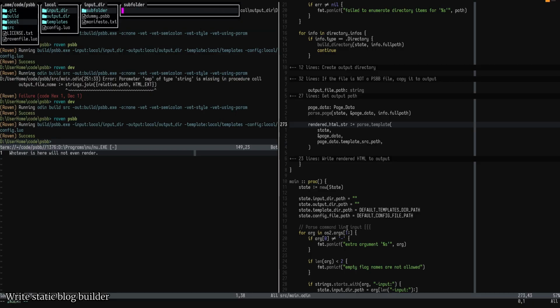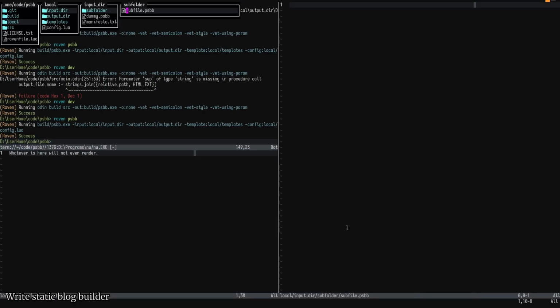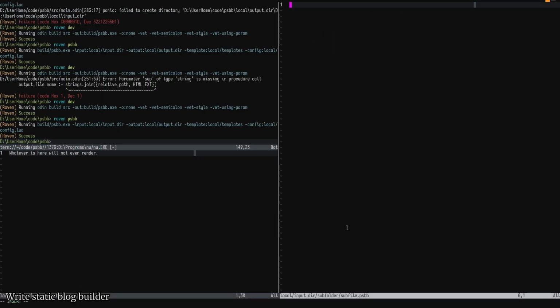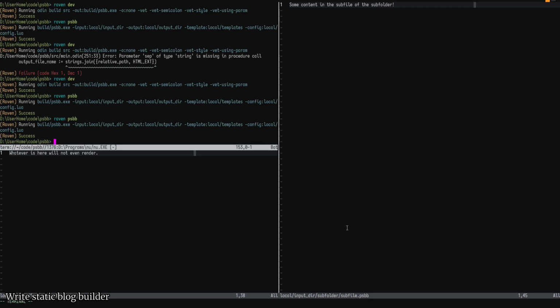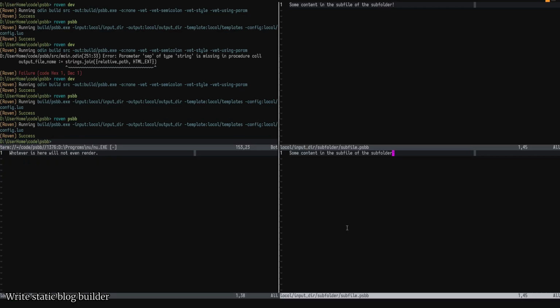And inside of this, I will add subfile.psbb, because why wouldn't I? And now I have it, and I can enter it, and I can say some content in the sub file of the subfolder. Right, and then if I do psbb, it should succeed, and I should see a subfolder in the thing in the